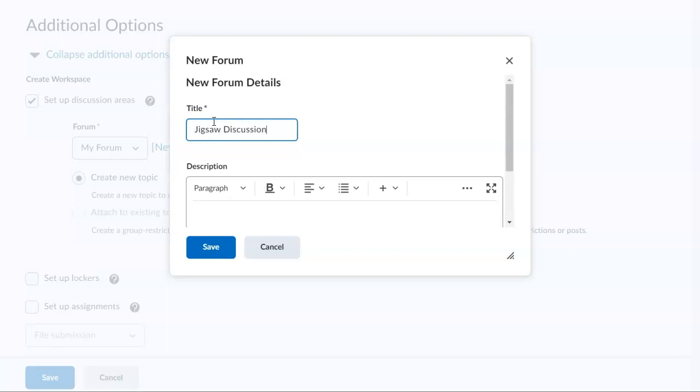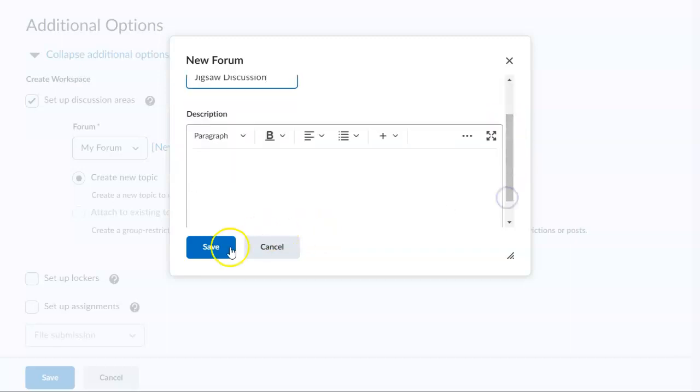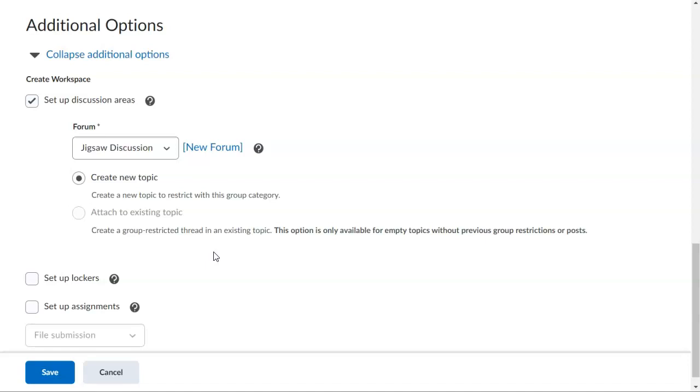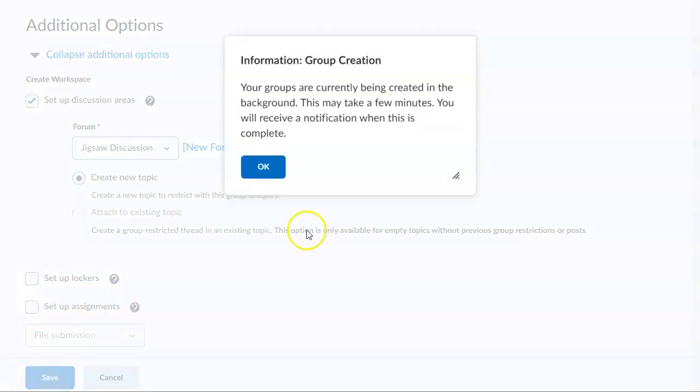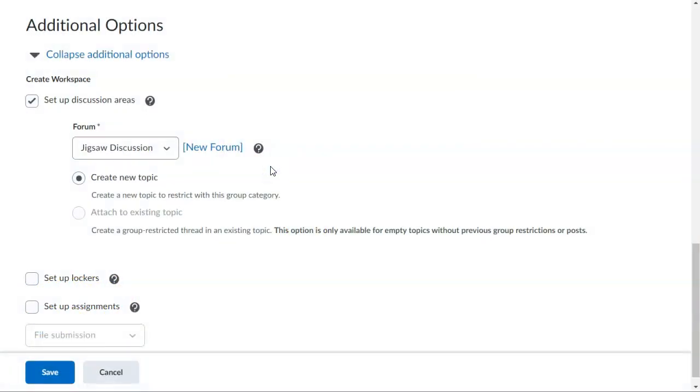We call it jigsaw because the students are different pieces and then they fit together to make up a full picture. Pretty exciting. I'll save this. And we won't do assignments yet, we won't do lockers yet. So our next step